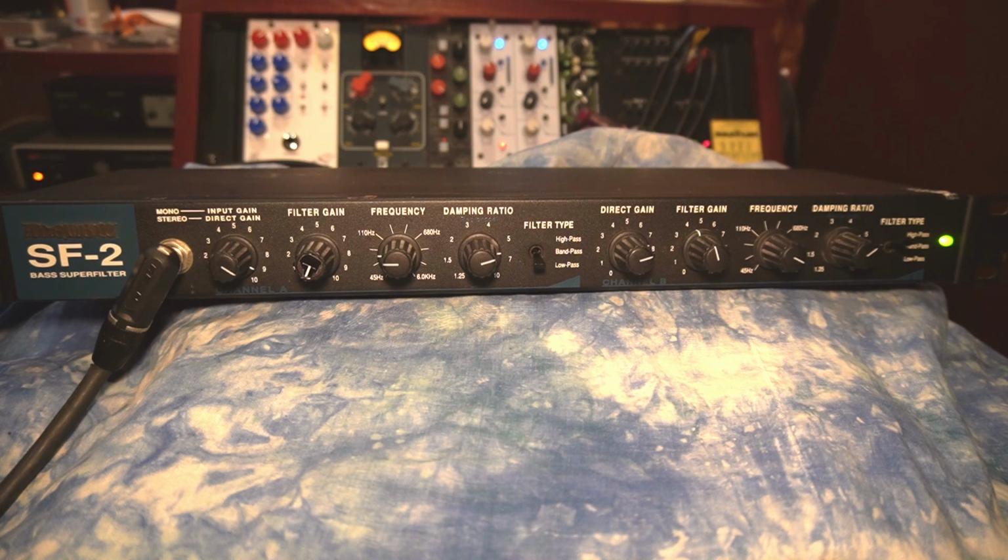When you realize how much power is in the high Q low pass sound, it can really shake your whole house or blow your speakers. So if you're going to play with one of these, be very careful with your gains and your filter gain and your damping ratios, so that you don't blow anything up unintentionally. If you are trying to blow something up,